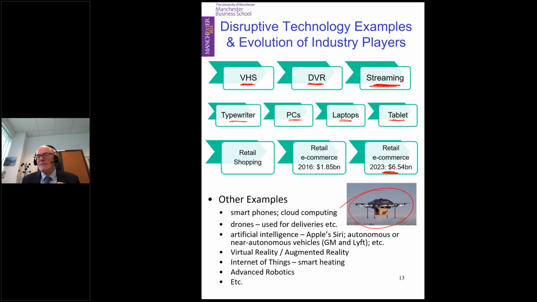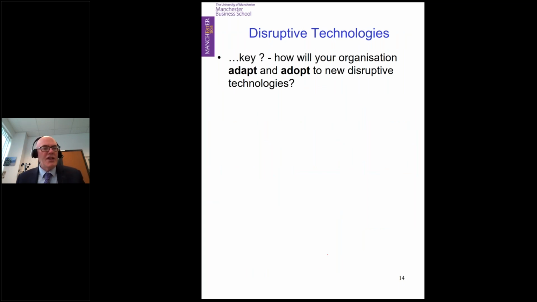these things here. If you have a smartphone, an Apple smartphone, you might often use Siri. If you have a Google smartphone, you might use Alexa in terms of your voice commands, etc. And the whole Internet of Things that have been developing in terms of smart heating or smart air conditioning. Maybe again, you're using an app to control the air conditioning in your apartment or your house before you come home, etc. Okay. And the key question in all of these disruptive technologies is, how is your organization adapting and